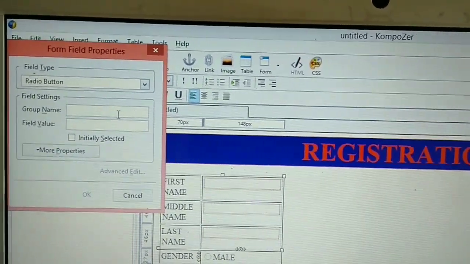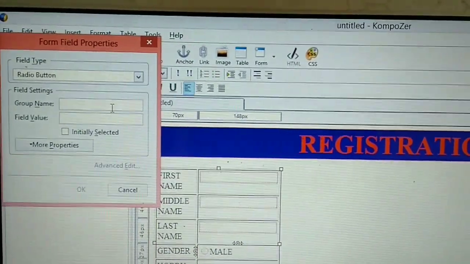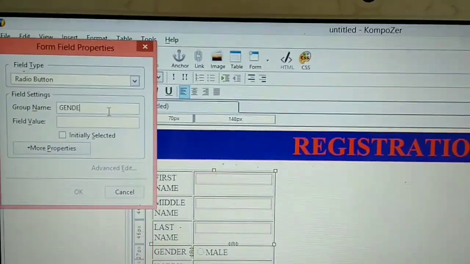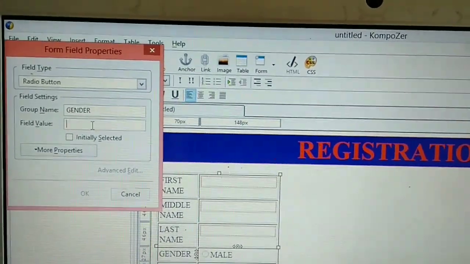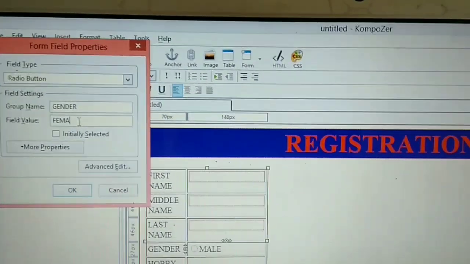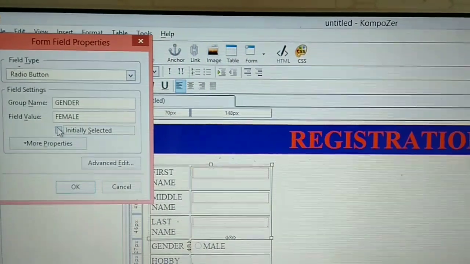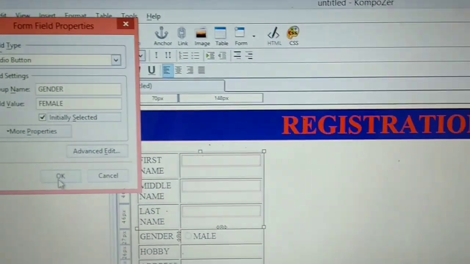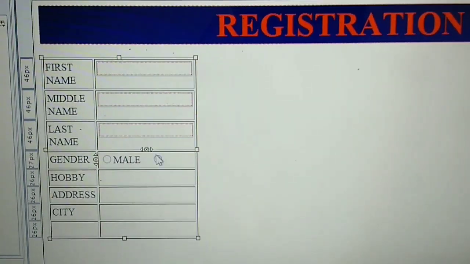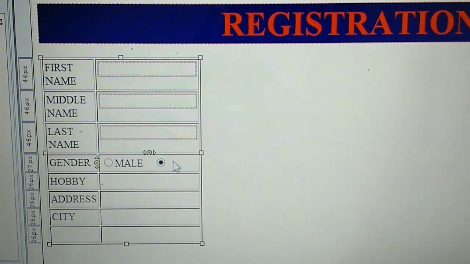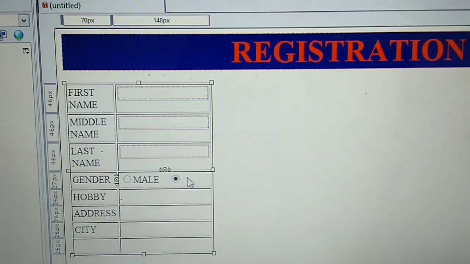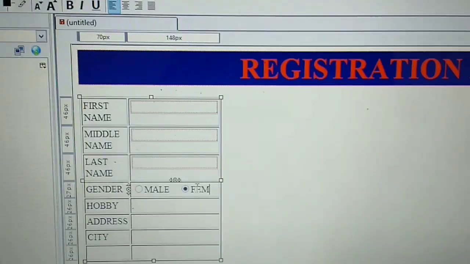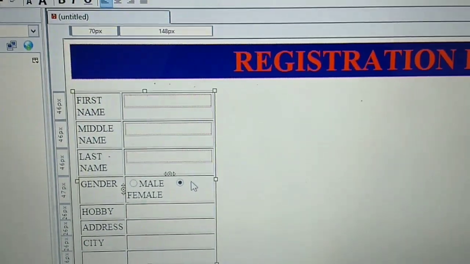In male we have already written gender, so we have to write gender again. And field value female. I want female initially selected, that's why I am giving initially selected. Apply OK button. Can you see it? Field radio button. Why? Because I have chosen initially selected. Now write female.